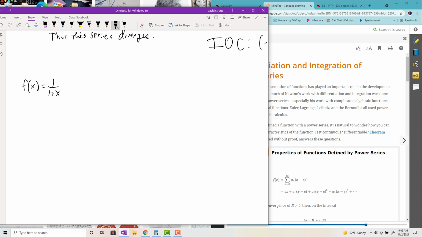If you remember, you did something similar using the geometric series. The only issue with this guy is that it's kind of useless because it's easier just to work with the function than it is to work with the power series, but it has a relationship to the natural log. So if you could find the power series for this guy, which turns out to be (-1)^n times x^n,